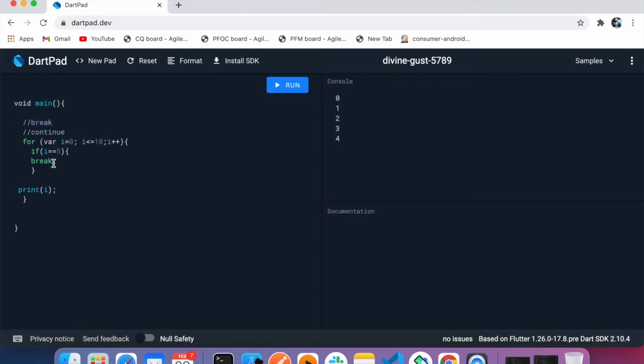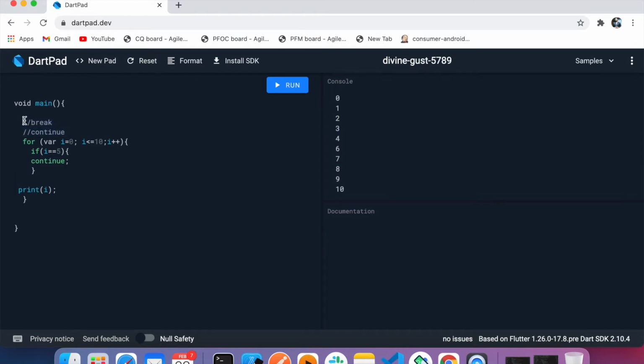And what if I'm using the continue statement here? If I'm using the continue statement, it means this will skip this condition. See, it will escape the number 5 because the condition is true. So basically it will escape the given if condition, and it will continue the loop. Perfect.